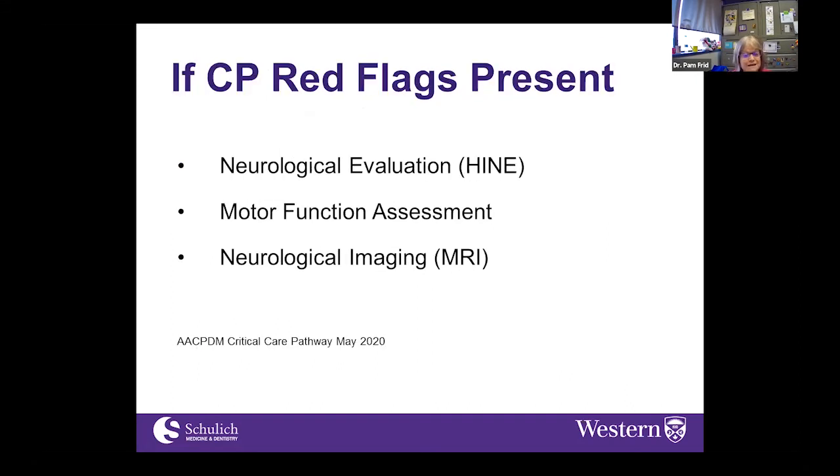And then specifically, if we're dealing with cerebral palsy, we not only want to do our standard history and physical. For those people who are going to be diagnosed with cerebral palsy, there is a specific neurological examination called the HINE, which stands for the Hammersmith, is the H. It's a specific neurological physical exam, and we can all learn to do that as well. Then they also need a motor function assessment, which needs to be done by a physiotherapist and occupational therapist. And again, that's another reason to refer for early assessment.